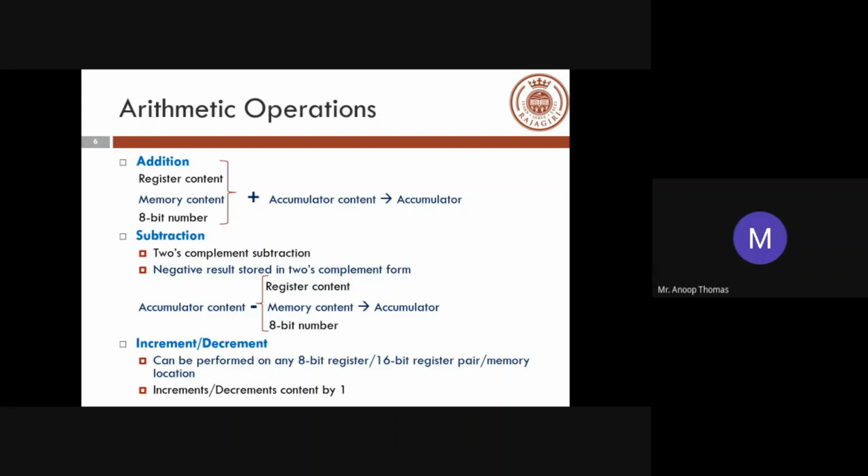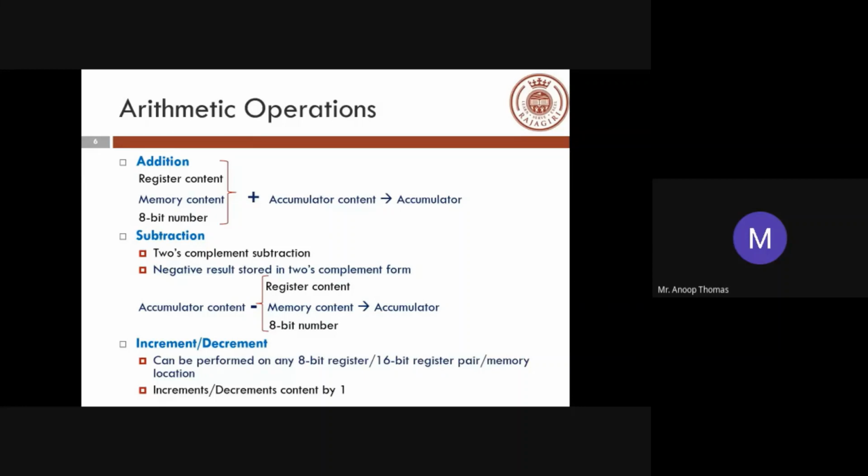So keep these 2 registers in mind. The program counter, as the name suggests, keeps a count of the program. It tells you where your microprocessor is currently executing, what instruction is being executed. And then you have the accumulator where most results are stored. It also acts as an input operand for many instructions.